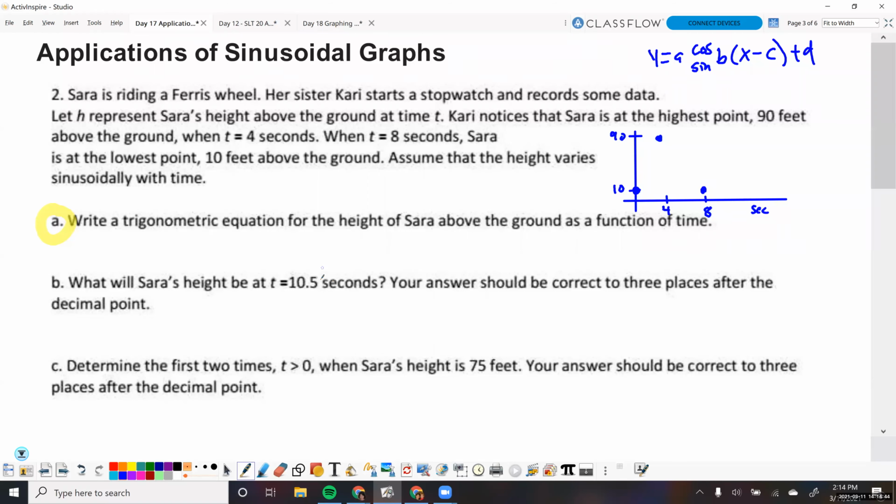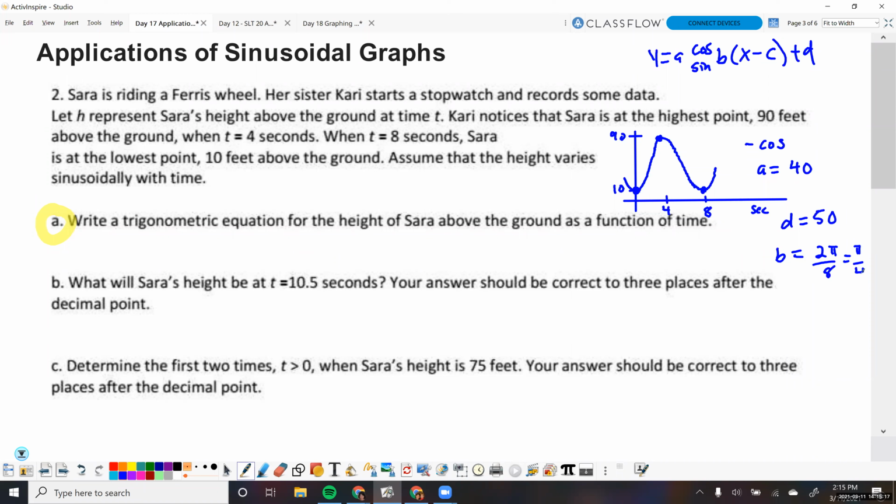And 2 people at the very beginning, then more people got it, realized if I'm going to write this with no phase shift, it needs to be a negative cosine. So good work, people who made this a negative cosine. A lot of people came up with A is 40. A lot of people came up with D is 50. And a lot of people found the B value by saying 2 pi divided by 8